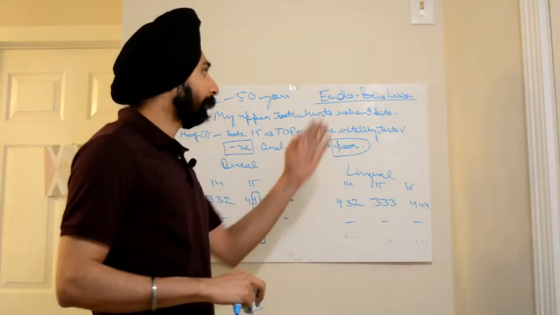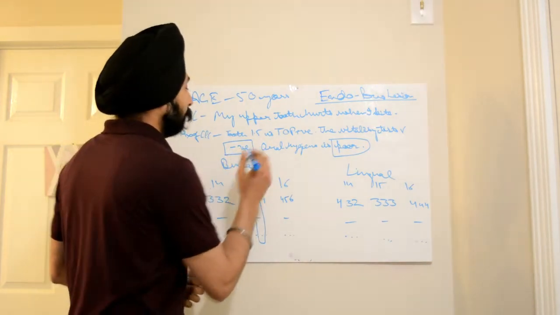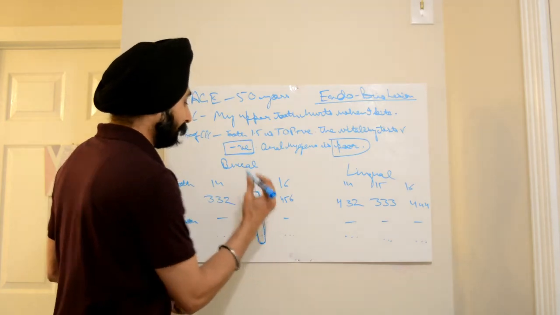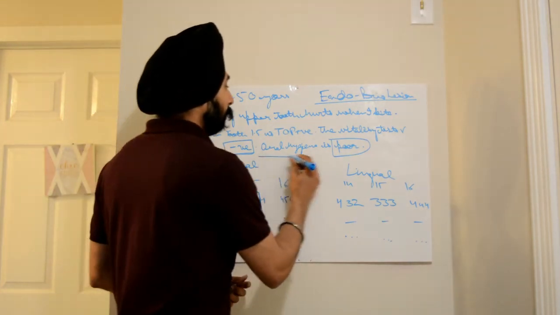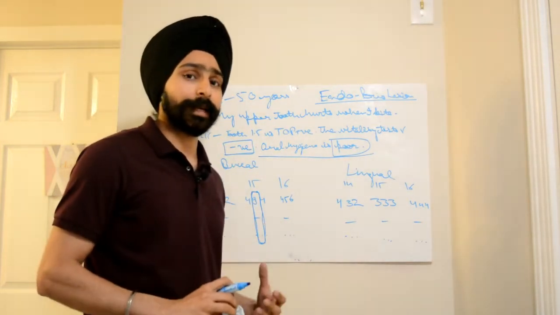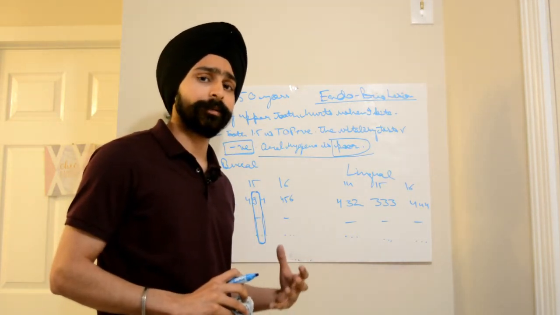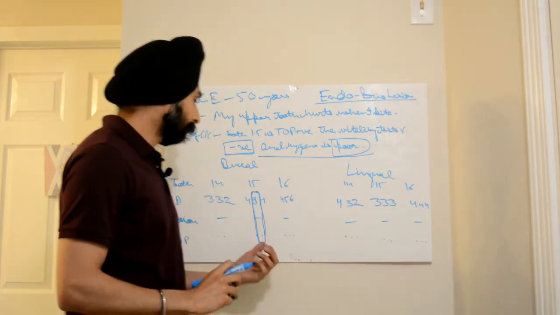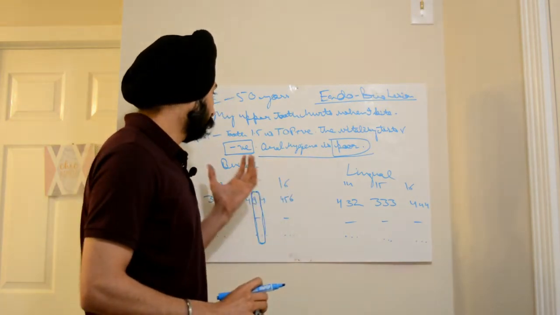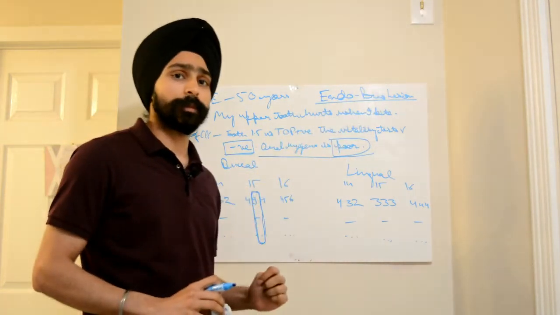For us to come to the diagnosis of endoperio lesion, always see that the tooth must be non-vital. There will be a very deep pocket present and most of the time the oral hygiene is poor. Because when the oral hygiene is poor, the clinical attachment loss will be present at different sites, and out of those sites, at one site there may be a very deep pocket present that can lead to the endo problem and that can lead to the non-vitality of the pulp present. So this becomes a case of endoperio lesion.